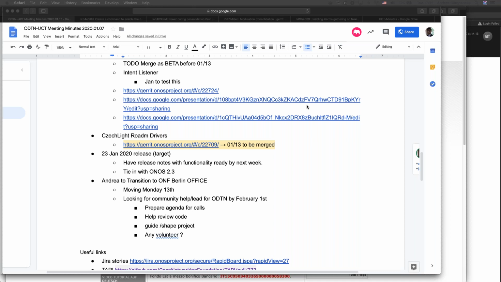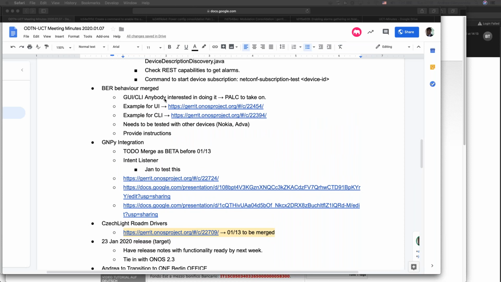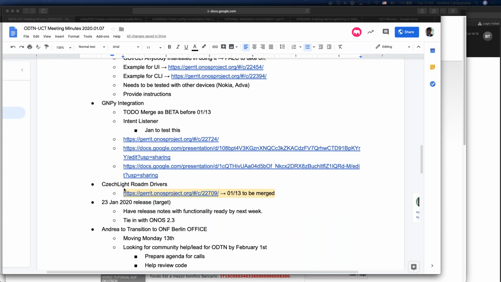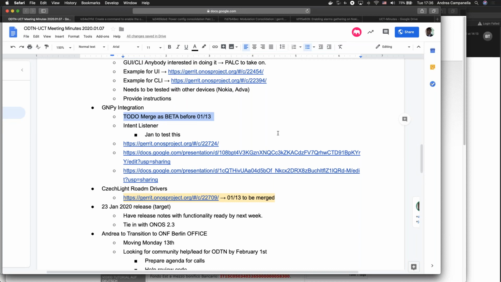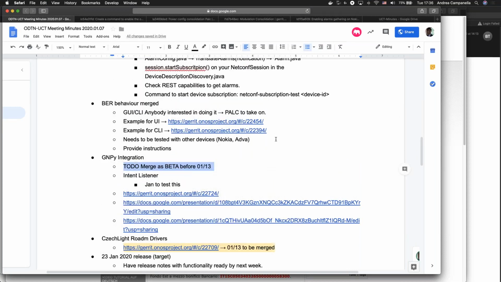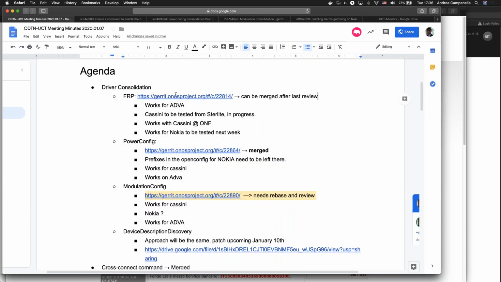No? Okay, if not, I'll make sure to send out the details to test the BT error rate for you, Dominique. So when you have time, you can test that. And I'll make sure to ping Jan for the checklight drivers and add the beta tags to my GMPI integration and just merge it as is. And also make a pass on the flow root programmable after the last patch from Sudeep and Kingston, and merge that if possible. Okay. I'll publish the recording as usual.